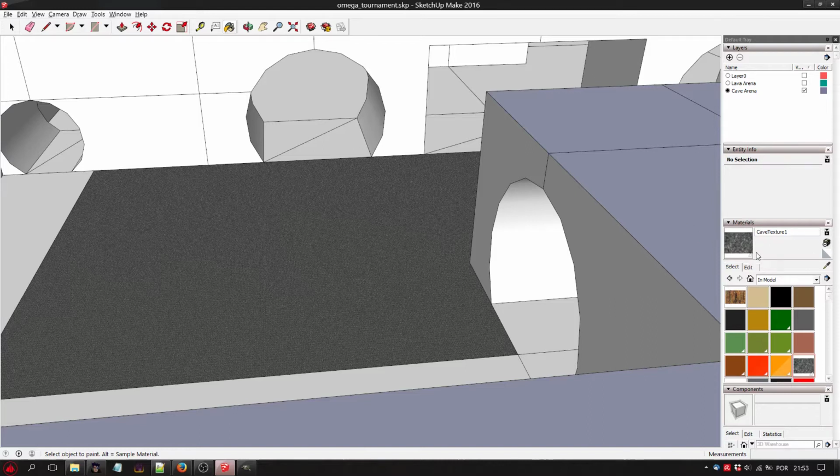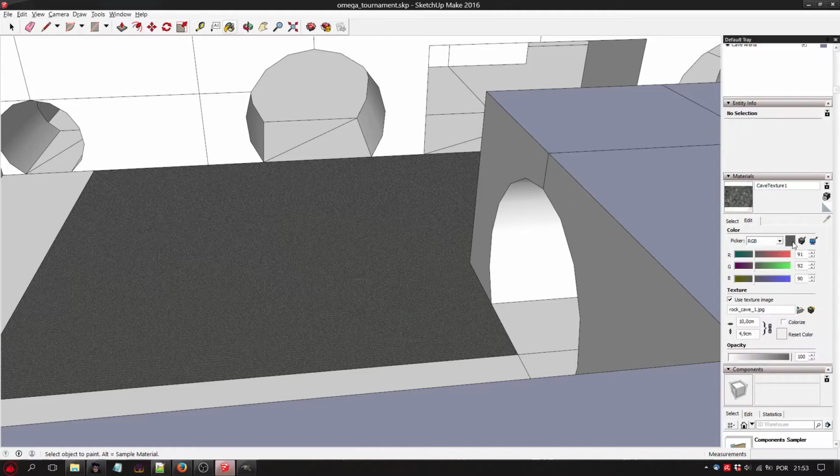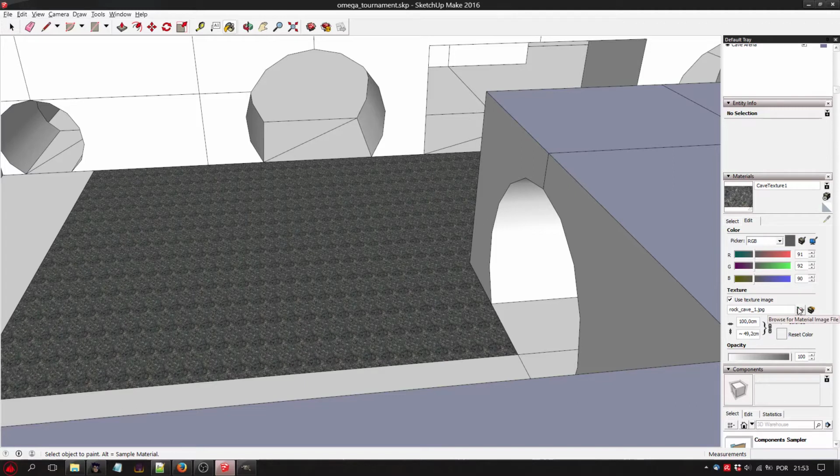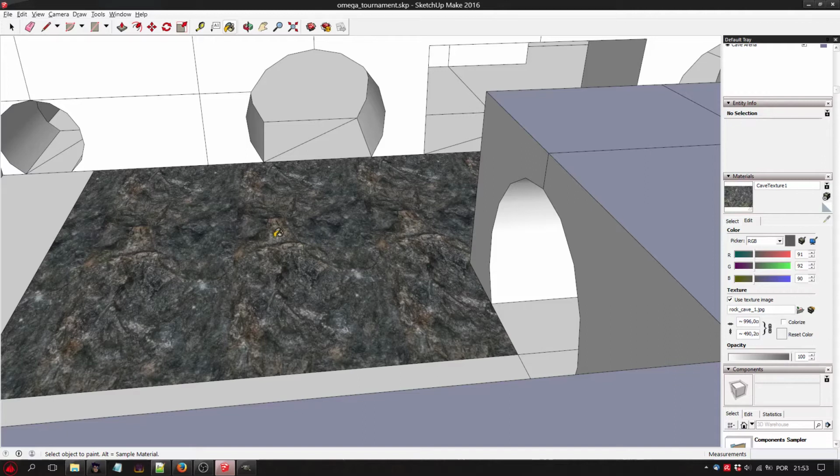You want to increase that so it looks better. So edit, and now you can increase the resolution. As you can see, it updates automatically, which is nice.